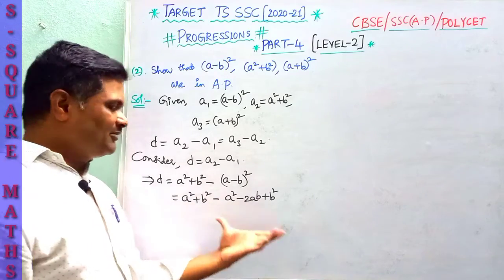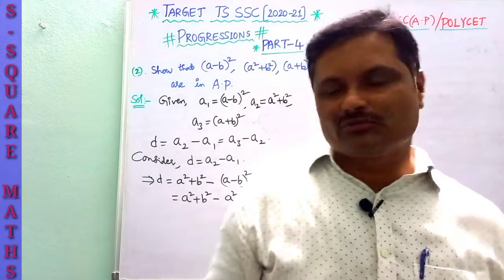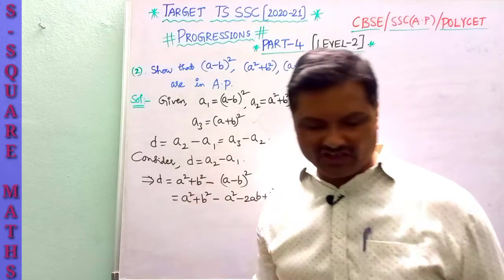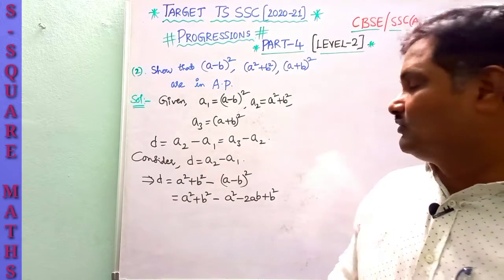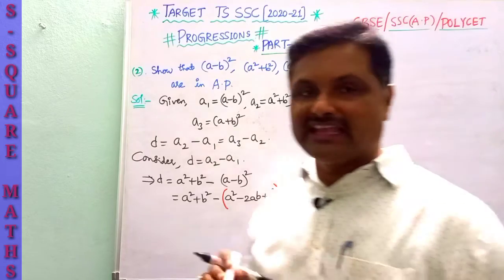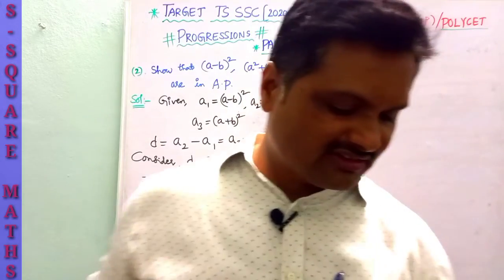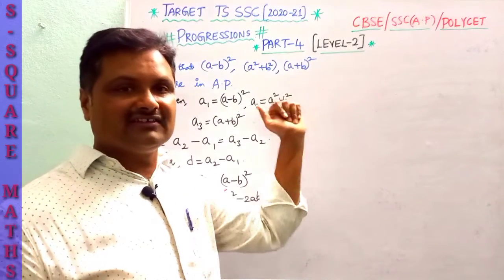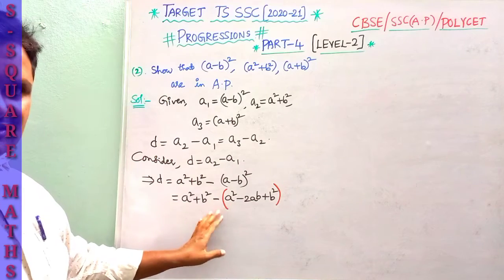So this is a common mistake done by the students. So please be alert here. Before the bracket you have a minus, so you have to place it in a bracket. So be careful while doing this problem. That's why it is treated as second level. These are generally committed mistakes, so be alert.